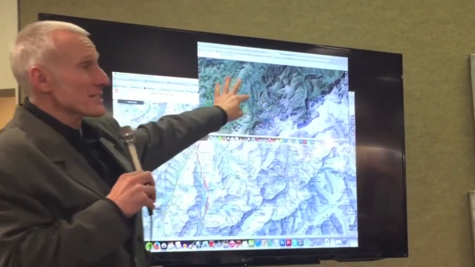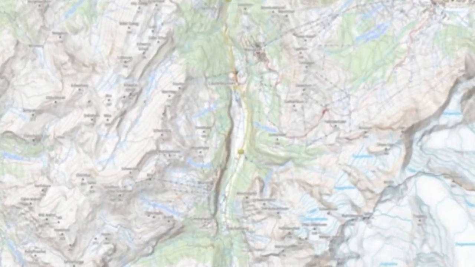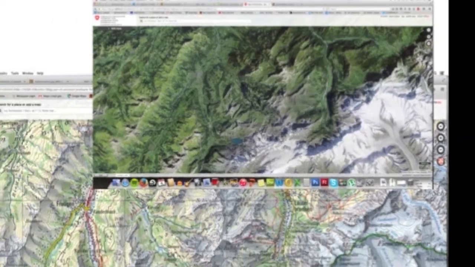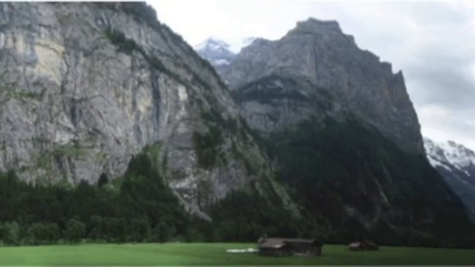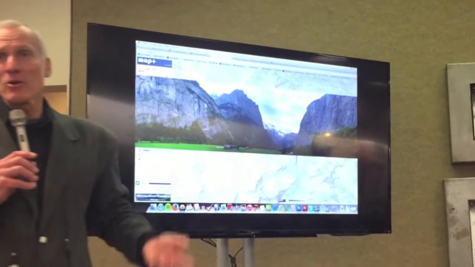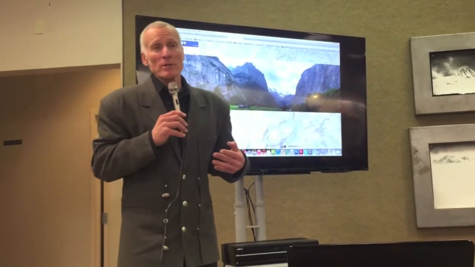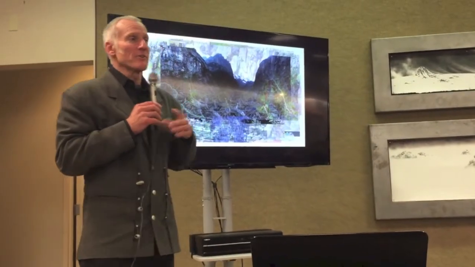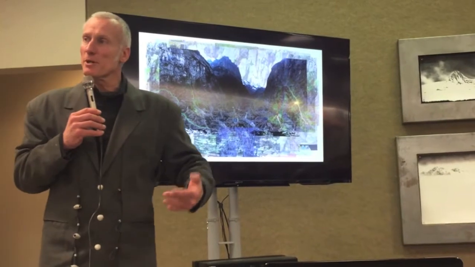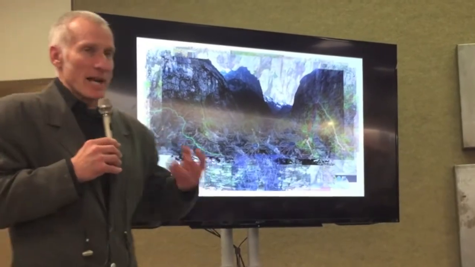The digital tools that are available now, when you go online, you can download any map from anywhere, any kind of map. This kind of indicates more the satellite image of topography versus printed, drawn topography. These are both screenshots, so you can see the whole computer screen and what tabs I have open if you're really perversely curious. I use that to create the images. And then I find the image from my own files of places I've hiked or climbed or whatever, and I correlate that with a map that I'm using. Then basically through a series of manipulating the images, combining them, creating transparencies, and layer upon layer of playing with it, I end up with whatever image that I'm looking for.